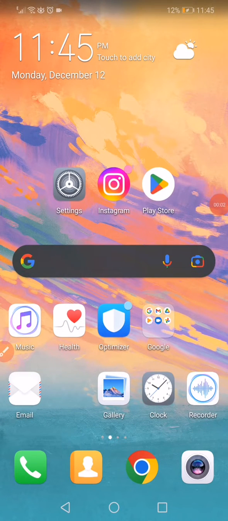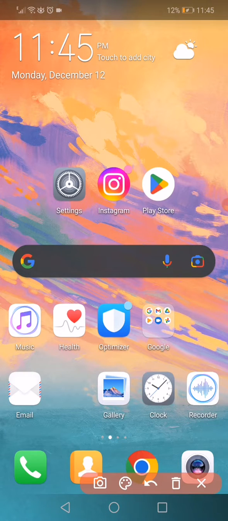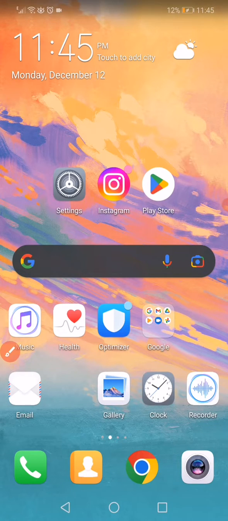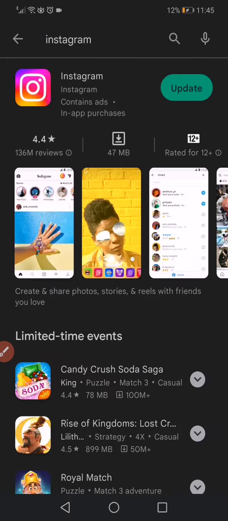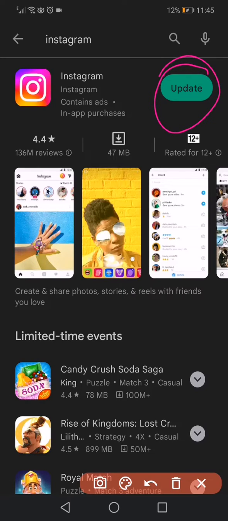How to get the reply option on Instagram app. So all you have to do, guys, to get this option is go to the Play Store on your phone and then open the Play Store and go to the search bar and search for Instagram. Now on this page, all you have to do is click on update to update your Instagram,